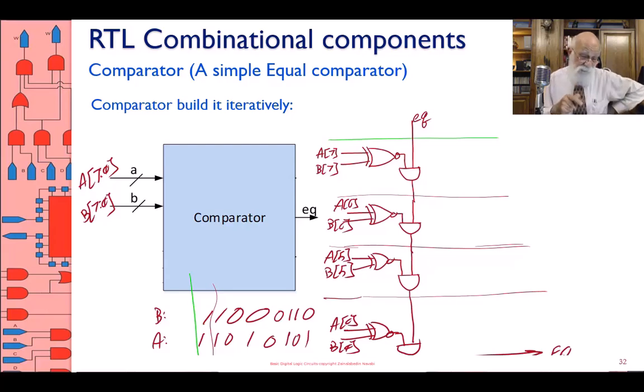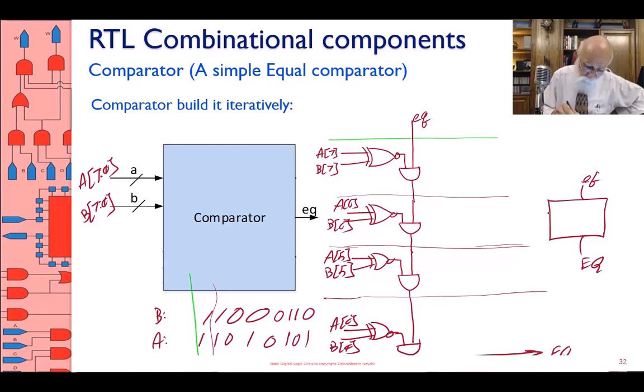So what I have built is a comparator with an EQ input, with an EQ output, with 8-bit A, 8-bit B, and this is an equal comparator. The equal becomes 1 if A and B are equal. And then I have an equal input and equal output. And if I were to cascade these,